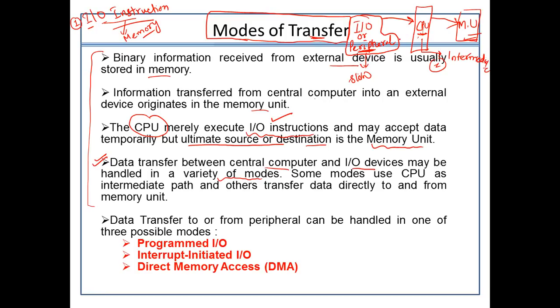But it can also be the case that we directly give the IO devices access to the main memory, because not all the IO devices are considered slow. If we take the example of